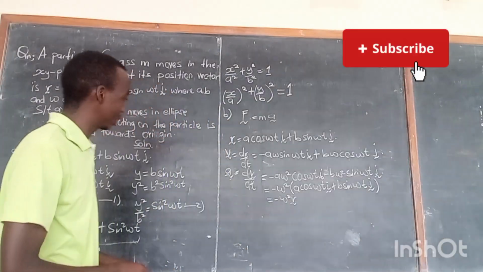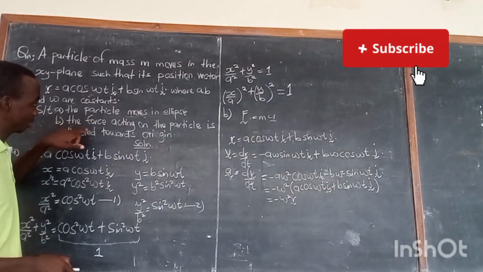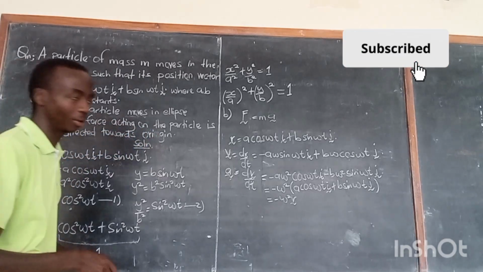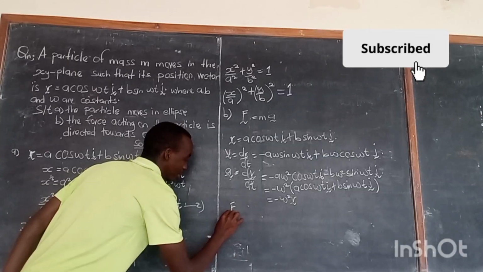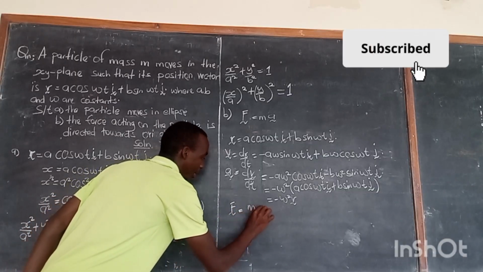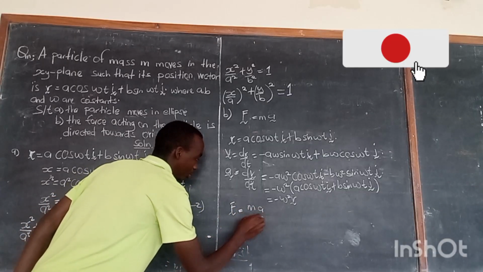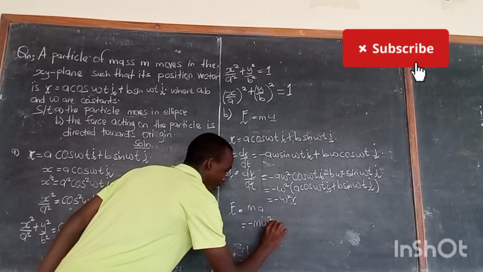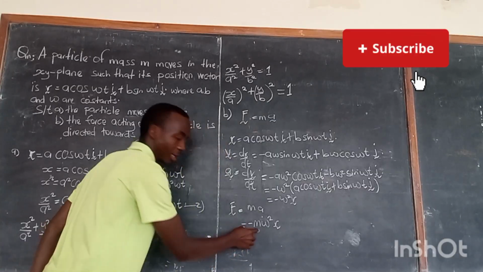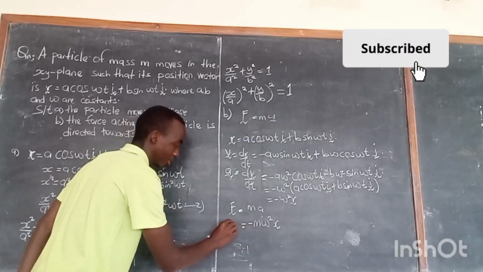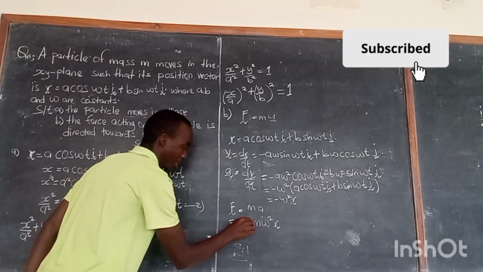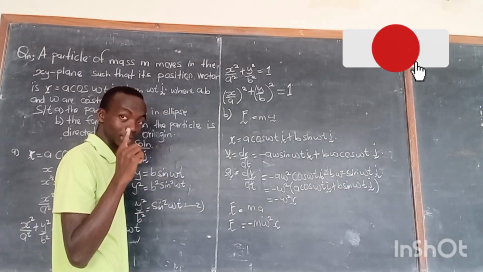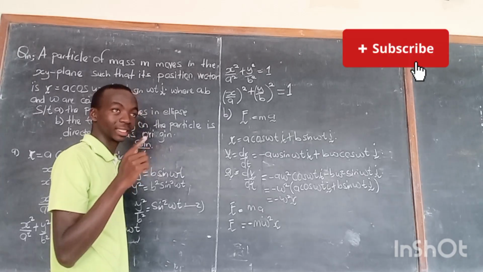But what does the question want? The question wants us to show that the force acting on the particle is directed towards the origin. So our force will be equal to ma, which is equal to negative m omega squared r. m is a constant, omega is also a constant. So this is our force, and this negative shows that the force is acting in the opposite direction, meaning that the force is acting towards